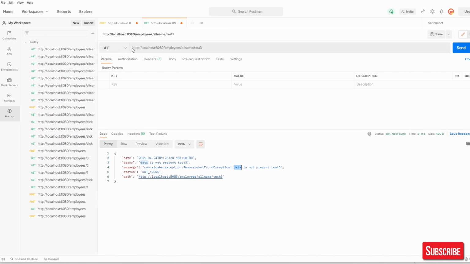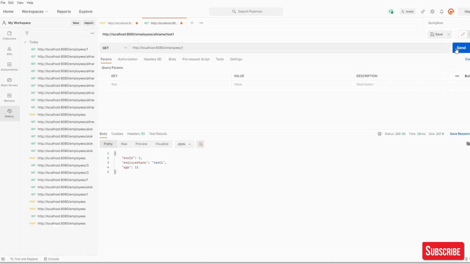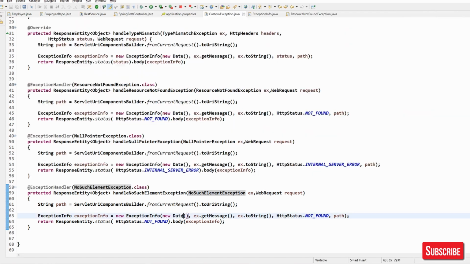Now we'll go with employees/1, and in that case we have data. Go with 3, we have data. Now go with 4. So this is our exception, no value present. This is what is getting triggered.